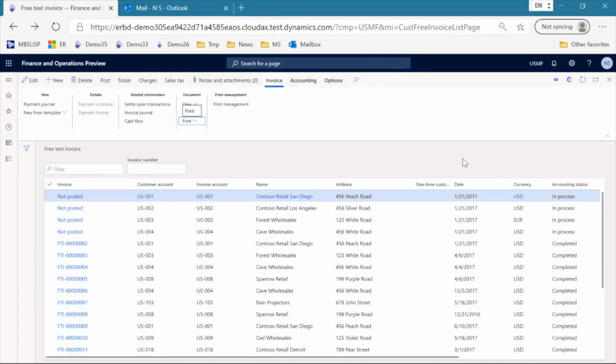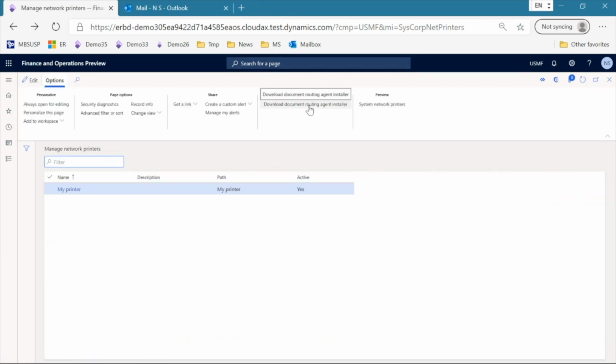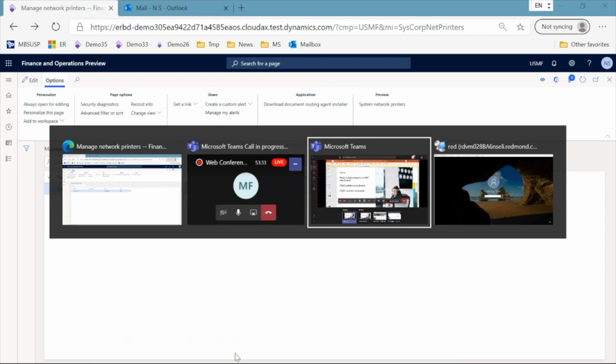The second feature I would like to show to you is the possibility to print out such documents directly from the electronic reporting at the time when you generated this document. This printing is based on the PDF conversion, and to start doing this, you need to prepare your finance application for supporting direct printing. You need to download the document routing agent installation package. After that, you need to